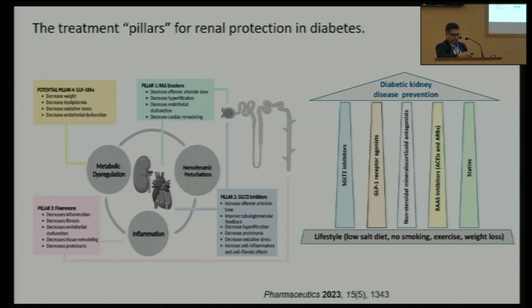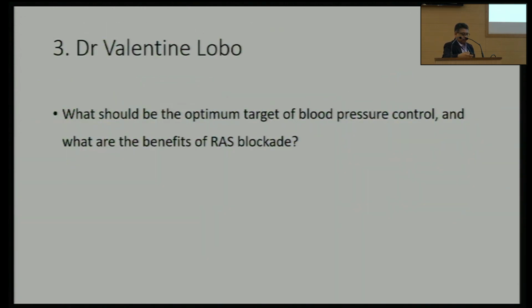We have SGLT2, now GLP-1 in some, and ACE inhibitor or ARB, and statin and non-steroidal agents. So, to Dr. Lobo sir, we know the blood pressure control is most important. And what should be the sweet spot, so as to prevent complications? Because if you reduce it too much, it may also create a problem. So, like you said,